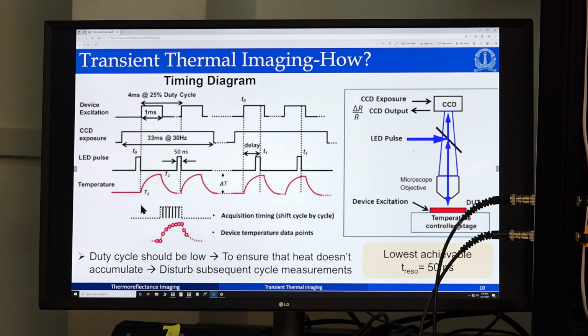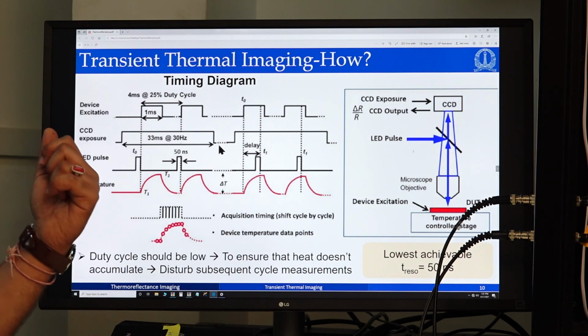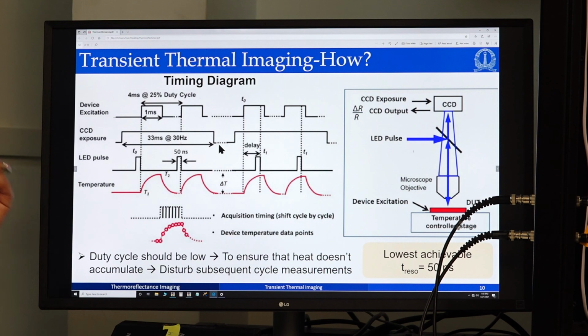So in the figure that I am showing here on the left, we have the CCD exposure waveform shown. This shows one frame of the CCD, which we had set in the project manager. We had set the frame rate, right? We had set 30 frames per second, 20 frames per second, 10 frames per second. So that would control how long the CCD frame would be.